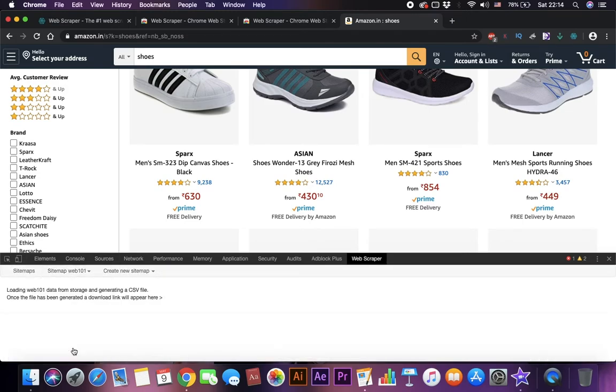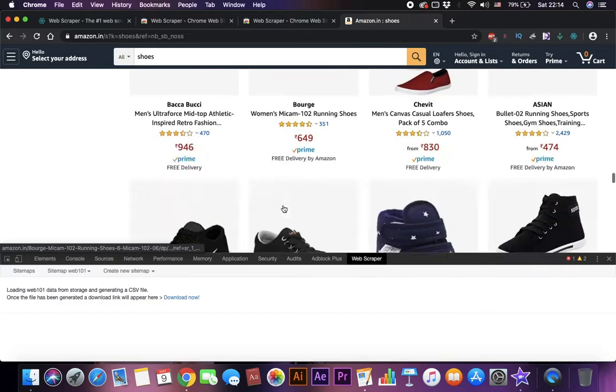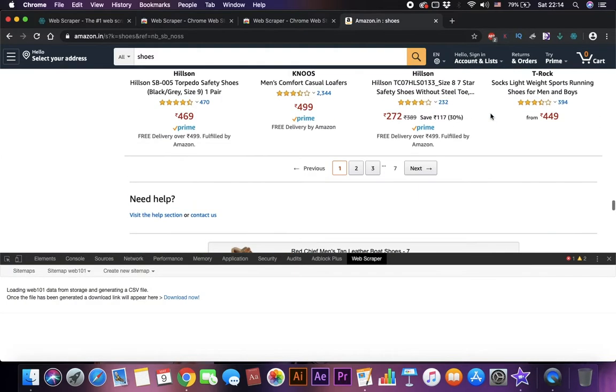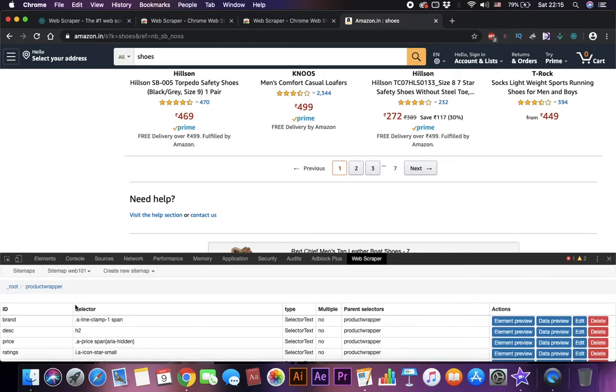We can export this data as CSV. However, we are just 70% done. Remember, there are 7 such pages that we need the information from, and right now we have just extracted from the first page. So we go back to the selectors menu and define a new parent selector.